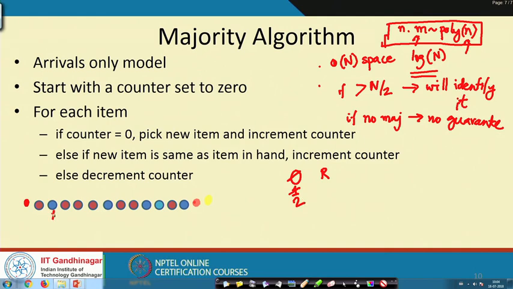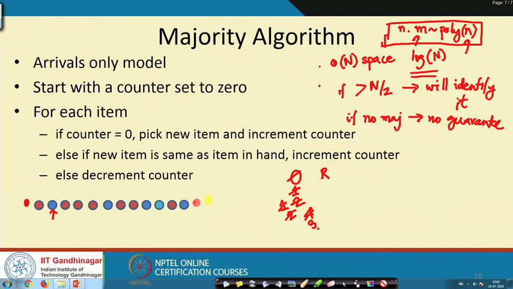But then I see blue, the next element, and this blue is not the same as the red. So what do I do there? I do not satisfy the first if, I do not satisfy the second else. So I come to the last else, which means that I decrement the counter. If the item that I see is not the same as the item that I have in hand, I decrement the counter. So this becomes 1, but then I throw away the blue, then I get a red. So I increment it to 2, then 3, 4. It gets incremented to 4, then I see a blue,